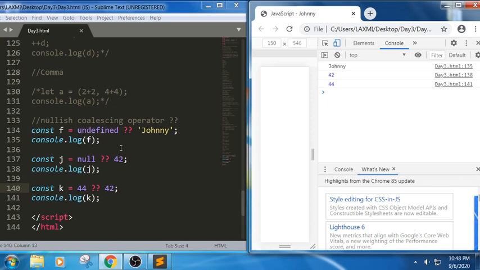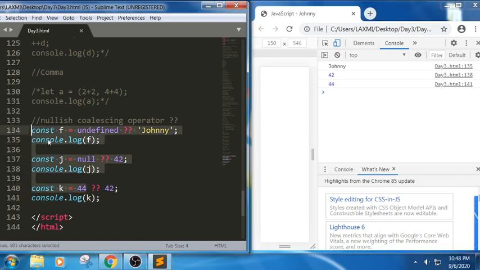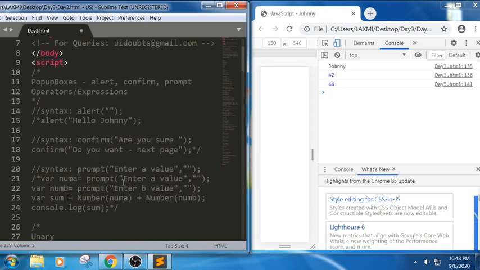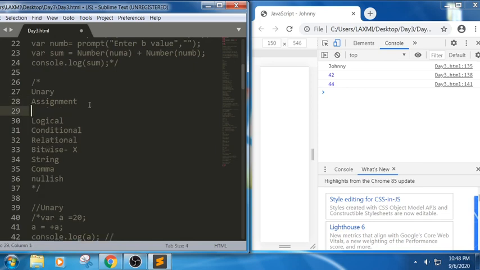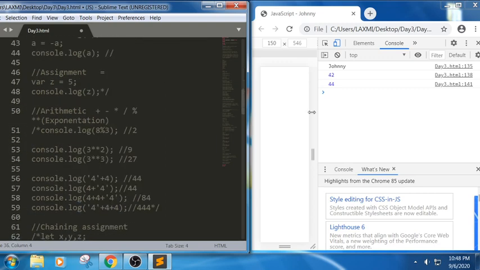So this is how we have done the basic examples of operators. First we discussed pop-up boxes: alert, confirm and prompt. Next we discussed the operators: unary, assignment, arithmetic, logical, conditional, relational, bitwise, string, comma, and nullish coalescing operator.